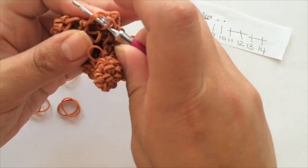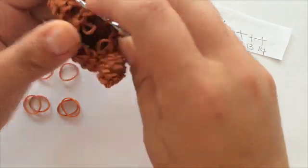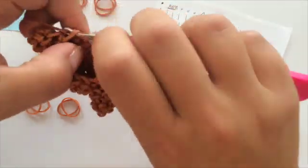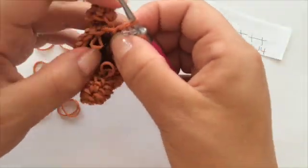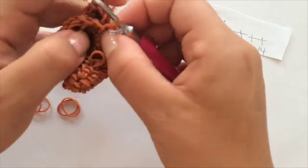So let's go on our first chain, not where it's getting pulled, and you're going to bring 1 band through. So I'm just grabbing the chains on the body, on your hook and slide. Now the next chain on the body,